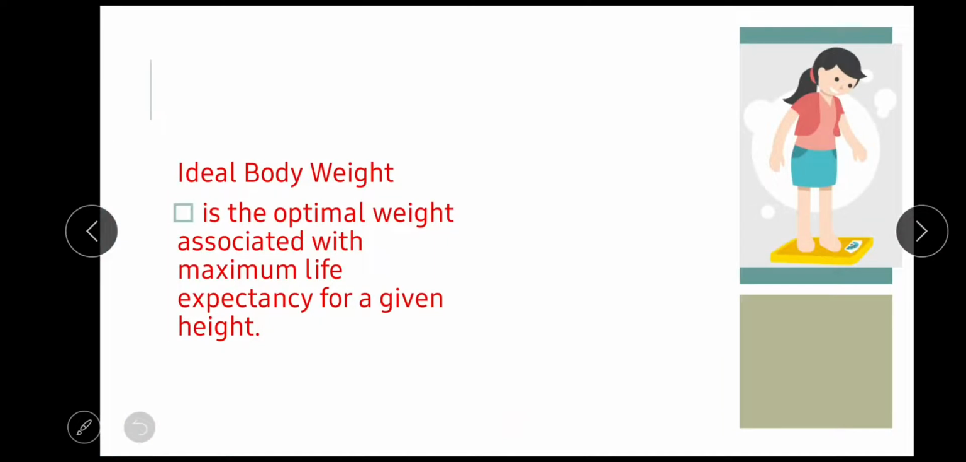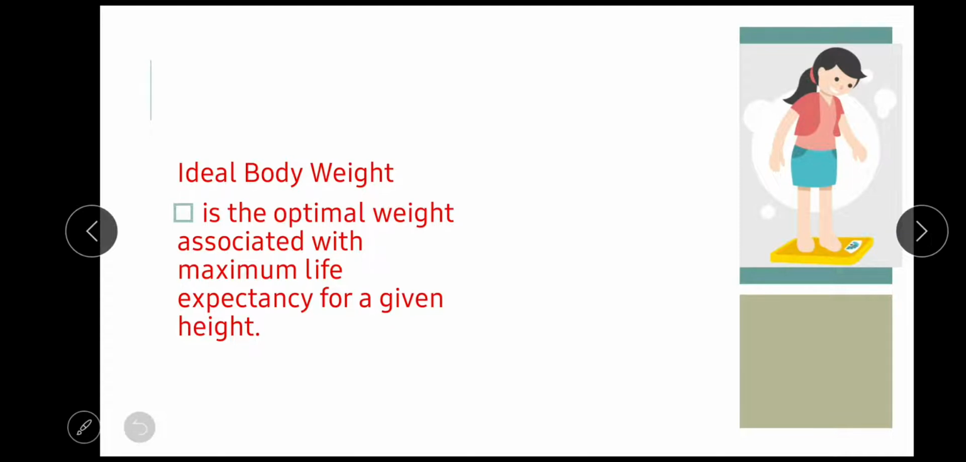The next nating topic, yung ideal body weight. Ideal body weight para sa mga weight conscious, sa ating mga body. Ano ba yung ideal body weight natin? Depende sa height natin. Diba? So, para sa mga model,